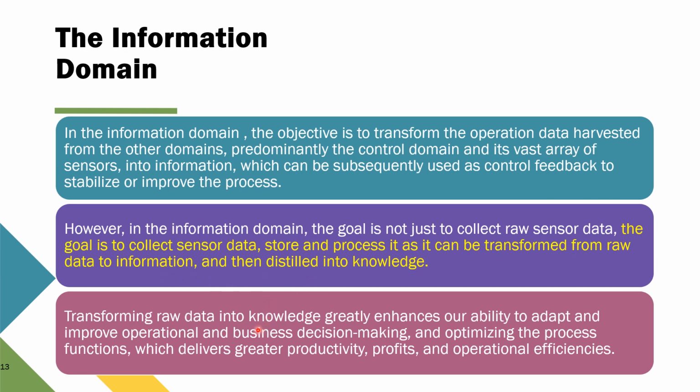Transforming raw data into knowledge greatly enhances our ability to adapt and improve operation and business decision making, and optimizing the process function, which delivers great productivity, profit, and operational efficiency. So how does this function help to improve operational and business decision making? Like we saw previously, in the operational domain, they will analyze and see if there is a possibility of errors or anything. So in this information domain,